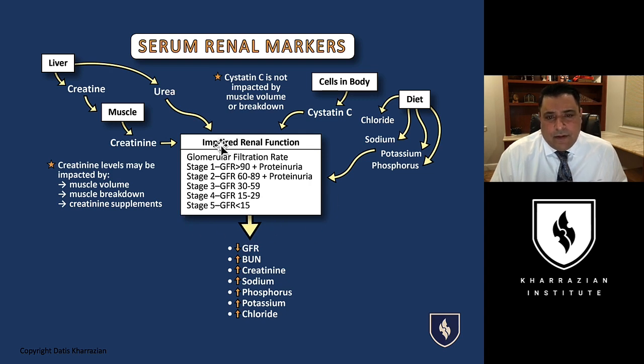But when you really look at what's happening here, the liver makes creatine, the creatine then goes to the muscles, which convert it to creatinine, and then this creatinine is cleared by the kidneys. So that's a normal process. Liver production of creatine. Creatine is then converted in the muscles to creatinine, and then creatinine has to be cleared